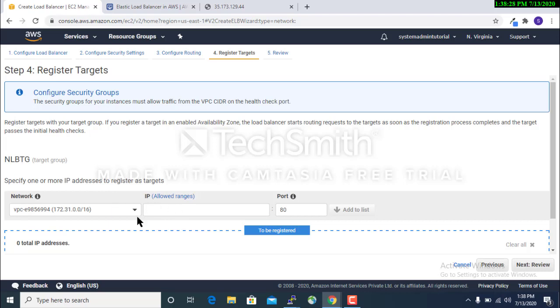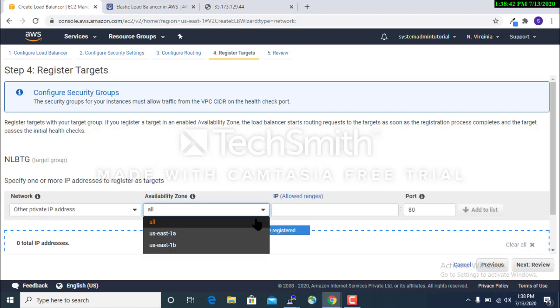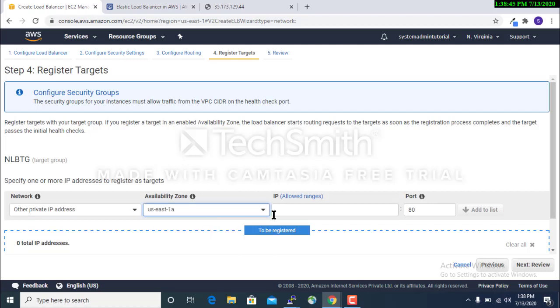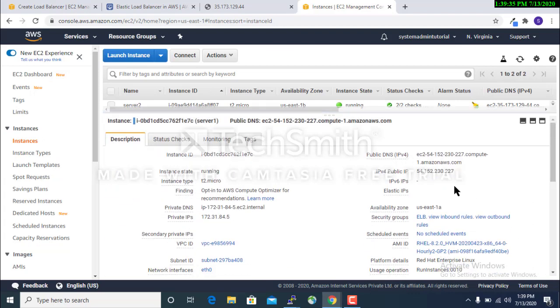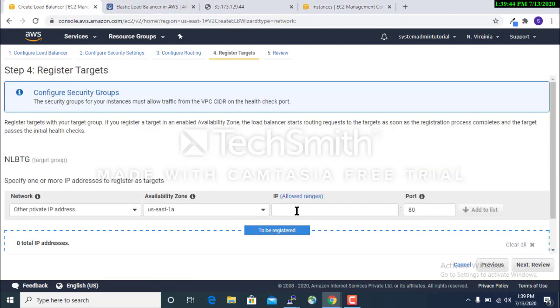In the target you see network. Here you have to give the private IP address of the instance. You have to select the other private IP address. Select us-east-1a, and here you have to give the private IP address of your server. So how will you get it? Here is the private IP address of server 1. I have copied it and you have to